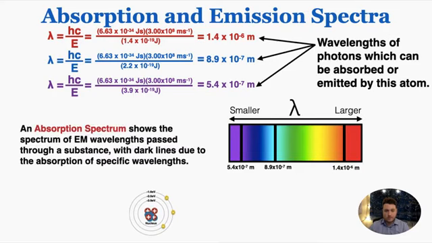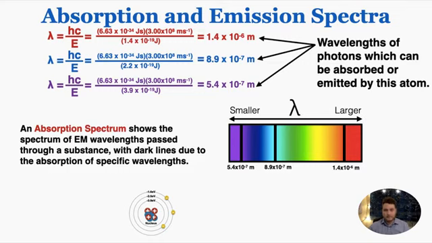So we call this an absorption spectrum. An absorption spectrum shows the spectrum of electromagnetic wavelengths passing through a substance, a collection of atoms, with dark lines due to the absorption of specific wavelengths. So if I had a large amount of atoms of this substance, and I passed electromagnetic waves of every possible